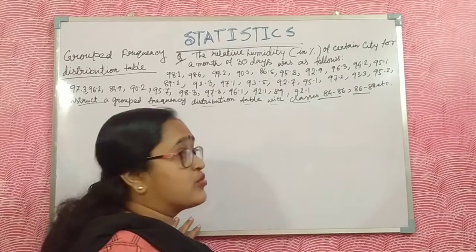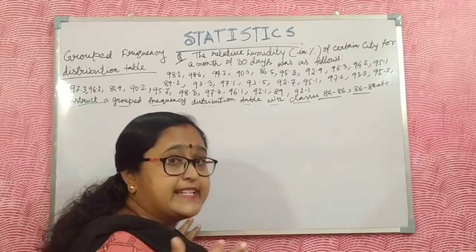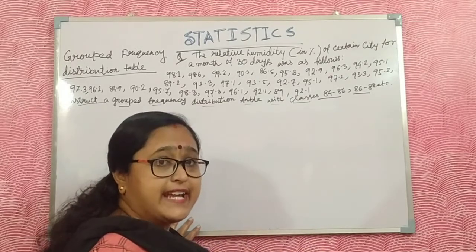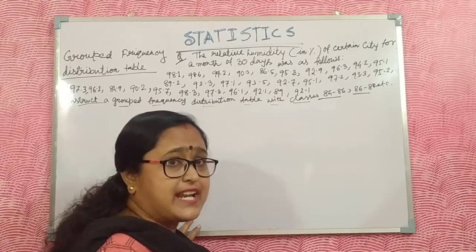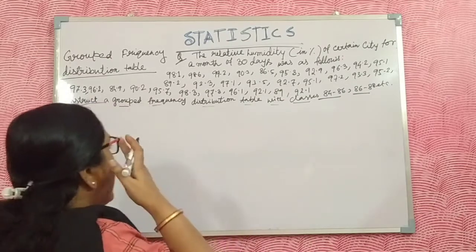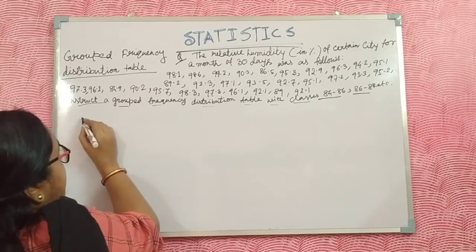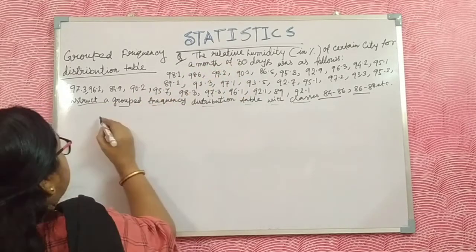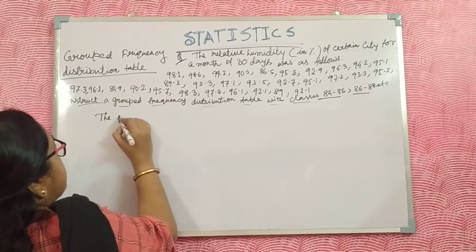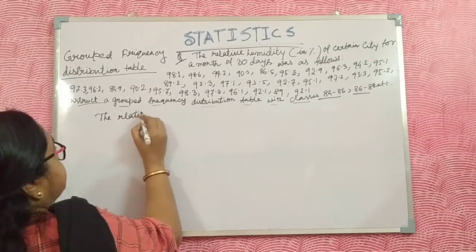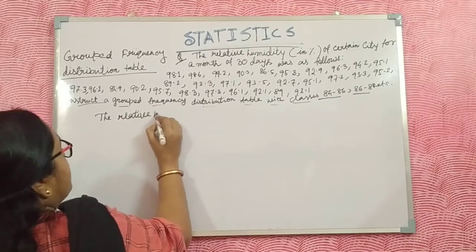First I take the class 84 to 86, then 86 to 88, then 88 to 90, just like this. Now I make the table. Here I write the relative humidity